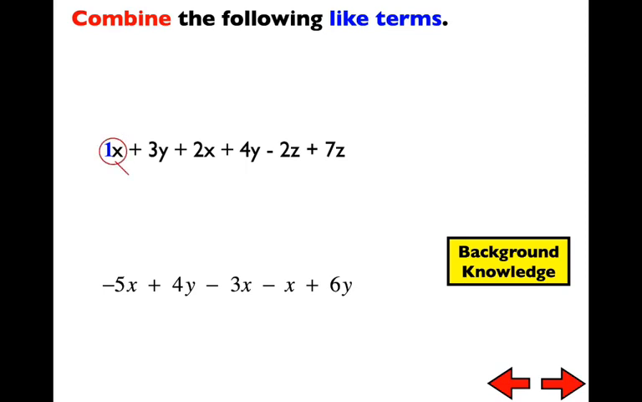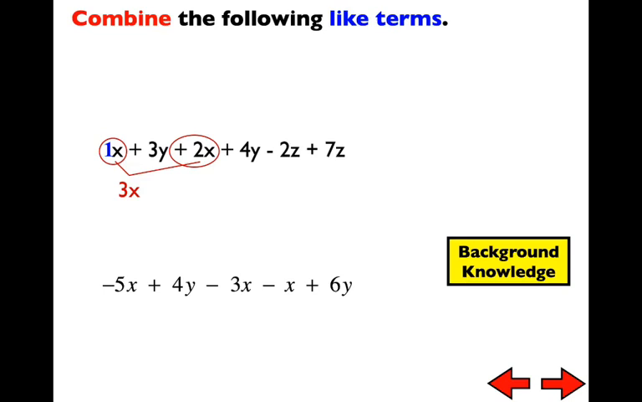highlighting like terms. So first thing I did was I put a 1 in front of that x, and then we have another 2x, and it is positive. And notice that I always highlight or circle the sign in front so I know whether it's positive or negative. And so altogether, by combining those x's, we have positive 3x's because we have a positive 1x and a positive